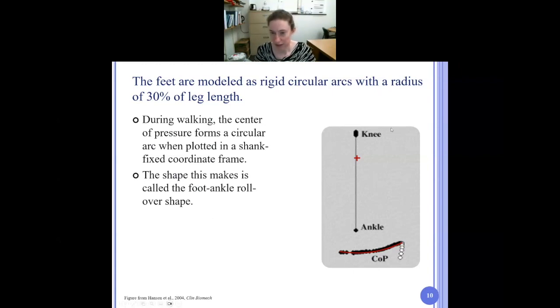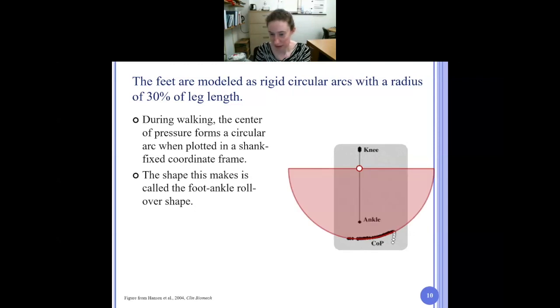So in this figure of experimental data from Andy Hansen, this top black dot is the knee, this middle black dot is the ankle, and then these lower black dots are the center of pressure from heel contact to opposite heel contact. And what you can see is that the center of pressure forms a roughly circular arc. So that means we can model the function of the control of the center of pressure movement using a circular